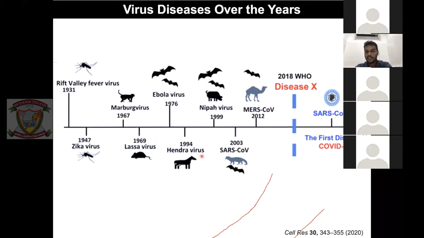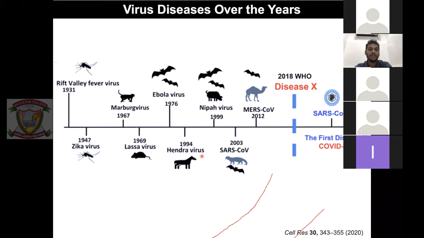Similarly, in 1994 Hendra virus, then Nipah virus, which you all know, emerged in 1990, and recently gave an outbreak in India, in Kerala. But the Kerala government did exceptionally well in containing the outbreak. In 2003 is when this extremely dangerous coronavirus was identified, called SARS coronavirus, the SARS-CoV-1. What SARS is, we'll see in detail in upcoming slides. In 2012, the other virus is called MERS, the Middle East Respiratory Syndrome. As the name states, it emerged in the Middle East.